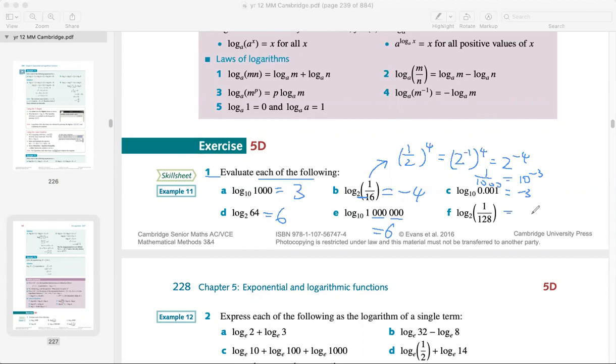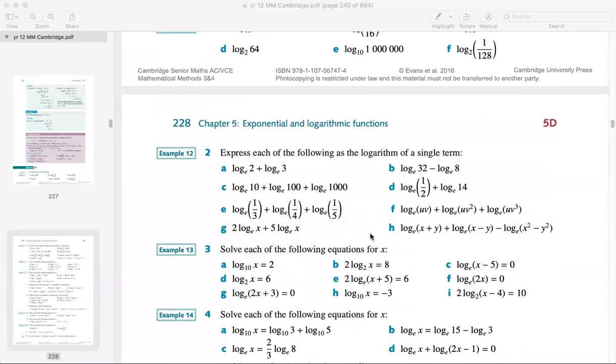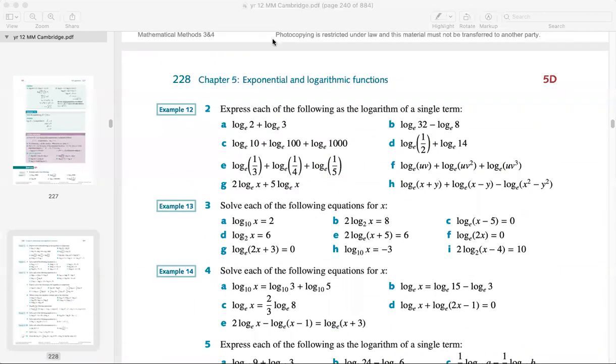128. We know 2 to the power of 6 is going to be 64. So times another 2 is going to be 128. In this case, it's going to be 2 to the power of negative 7. So you just write negative 7 over here. Okay, that's pretty straightforward. And for the next one, express each of the following as